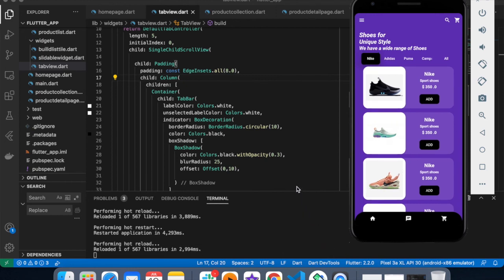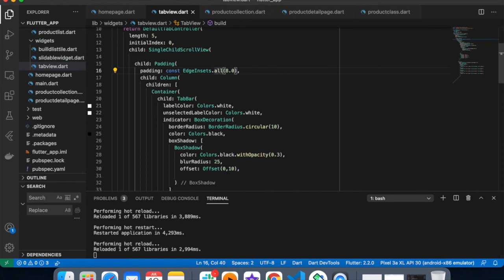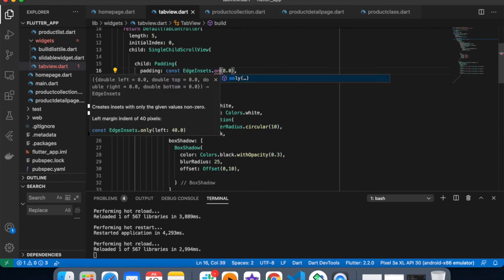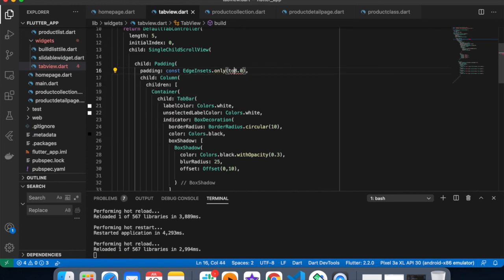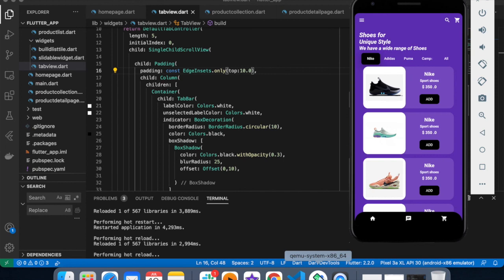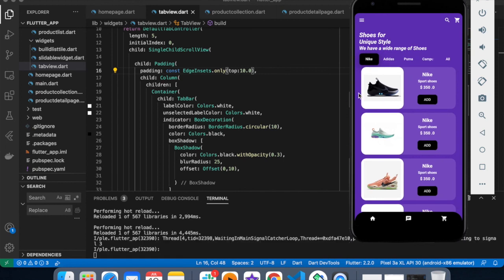So it seems fine. You can play with all your paddings and height and width to make your design more beautiful and fine in looks. So let's give this only top equals to 10 only. Now perfectly fine. So this is my final output.